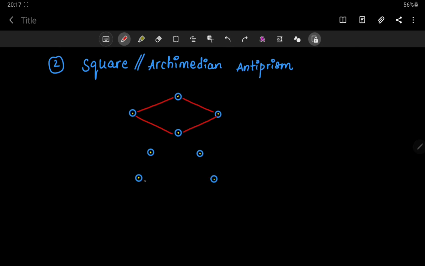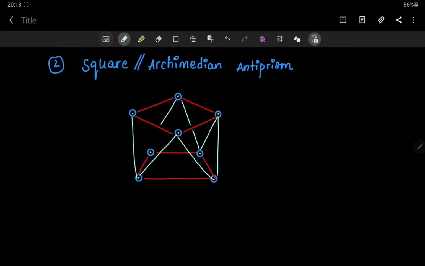The strategy is one square unit has to be joined to the second square unit, where the top corner will meet the bottom corner, and then the bottom to the top, top to bottom, bottom to top. That will generate different faces. So this will be the strategy: top, top, bottom, top, bottom, and then top. So let me draw it again: top to bottom, bottom to top, to the bottom, to the top, to the bottom corner, to the top next corner. This is away, so let me draw it as broken: bottom corner and the top corner.